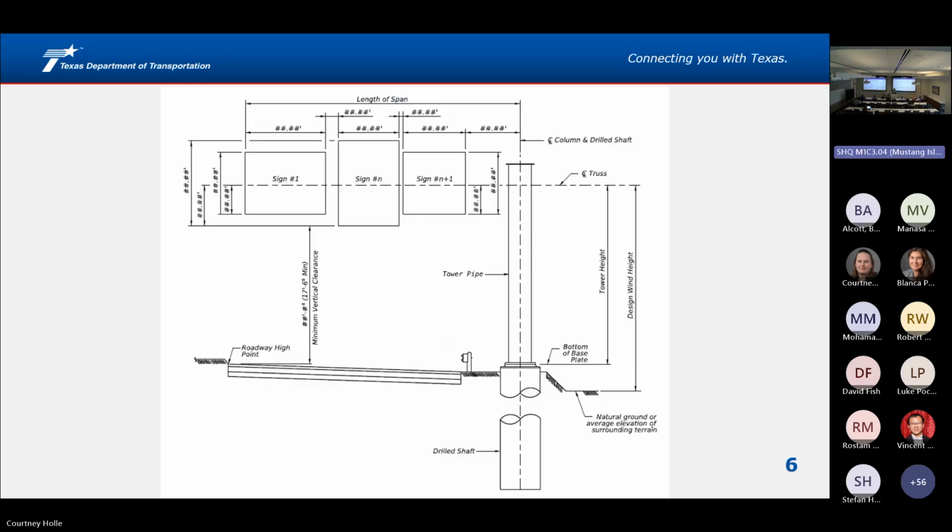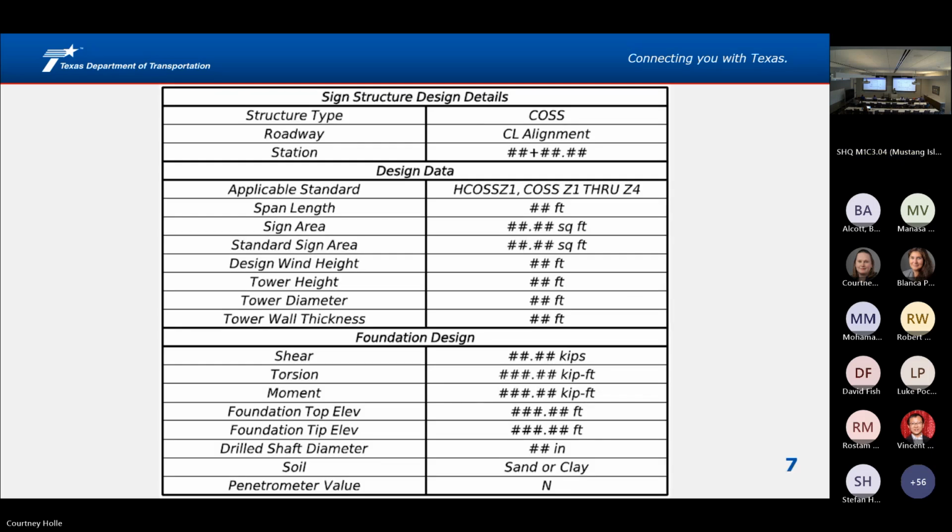But diving into the elevation view, this is calling out everything we need to see. So dimensioning of the sign panels, vertical dimensioning of the sign relative to the truss center line, locations horizontally along the truss, the length of the truss, tower height, etc., vertical clearance. Sometimes in these elevation views, they sketch in the truss. We don't really need that. It looks cool, but it also kind of complicates it. So what we're saying is just identify the center line, just so we have a reference point.